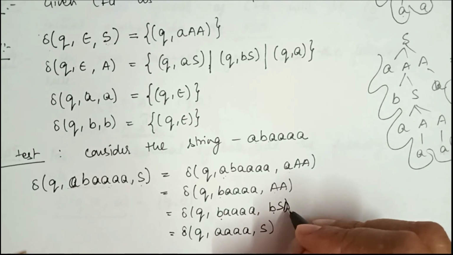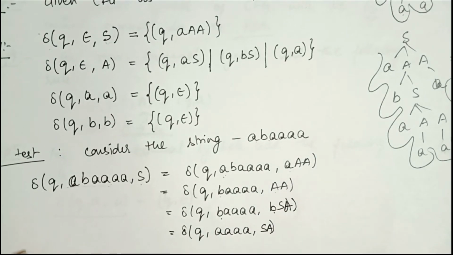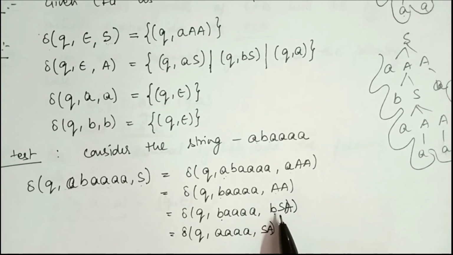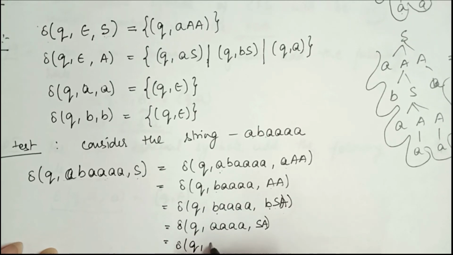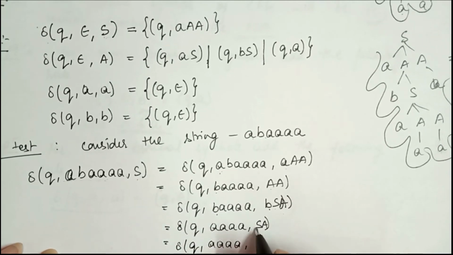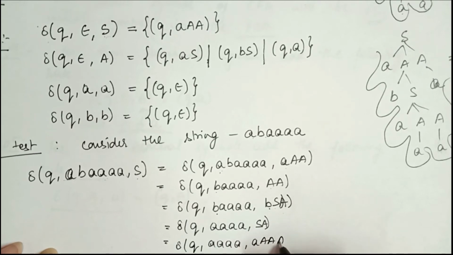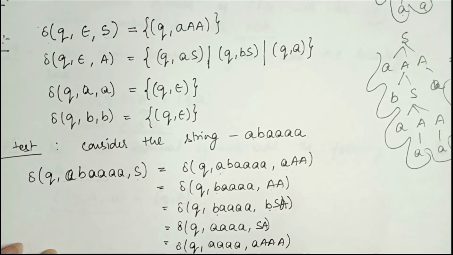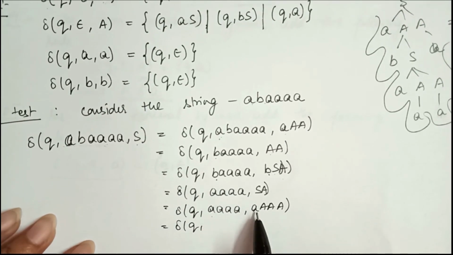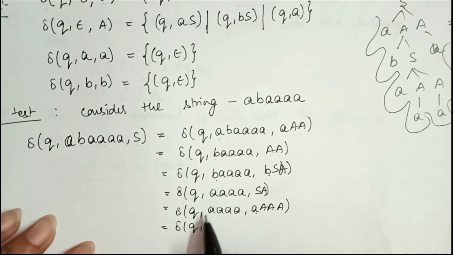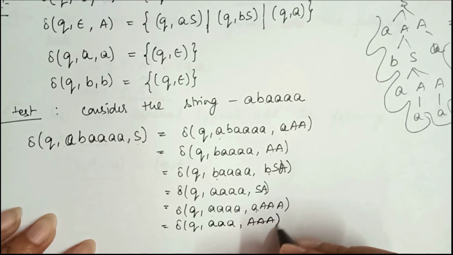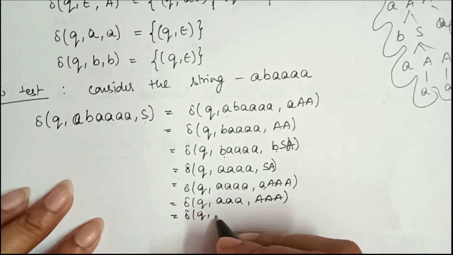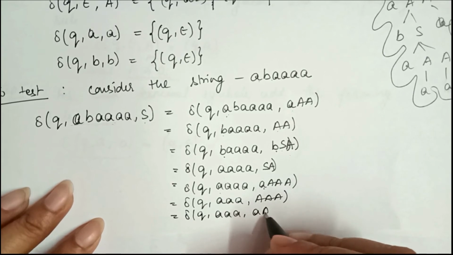So sorry, this A will also be present here because this A can be BS and this A can be written as it is. Now the next is Q comma 4 times A. So this S can be A, capital A and capital A. Now the input symbol is A and the top of the stack is A. So we pop out this A and the remaining input string is 3 times A, capital A. Now we have to substitute one by one. This capital A can be small a.